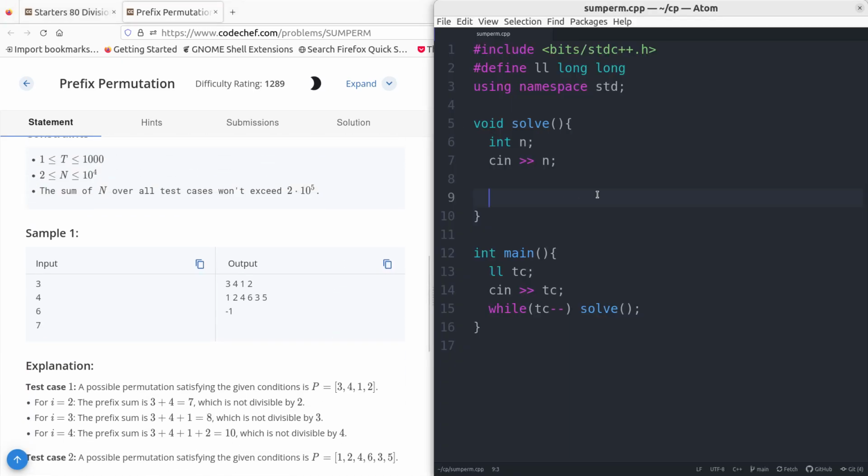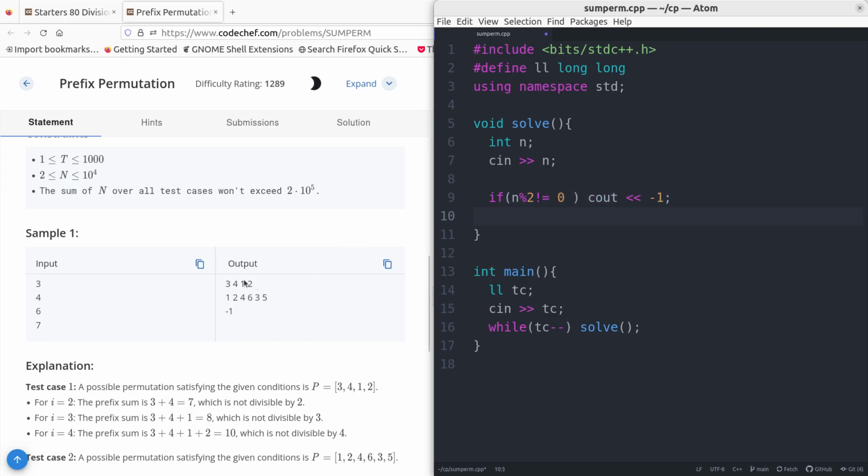So what I thought during the contest is, for every odd number the answer will be -1. I have just seen here there is a pattern I have observed, like 3, 4 is being printed, then 1 and 2 is being printed. Here 1, 2 is printed, then 4, 6 is printed, 3 and 5 is printed. That means one number is smaller, the next number is larger, and again another larger number. I thought to rewrite this